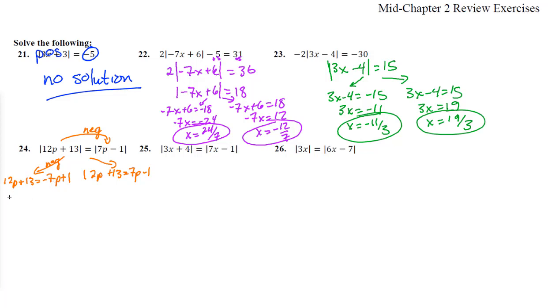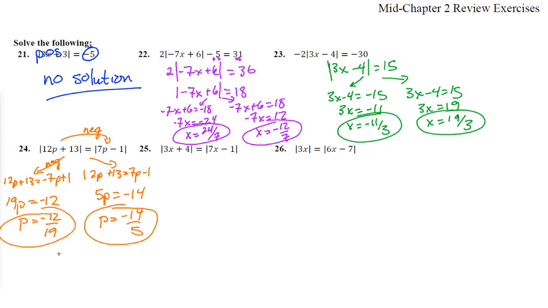So add 7p and you get 19p. Subtract 13 and you get a negative 12. p equals negative 12 19ths. Over here, if you subtract 7p, you get 5p, and subtract 13 equals a negative 14. Divide by 5 and you get p equals negative 14 fifths. So p is negative 14 fifths and p is negative 12 19ths, so those are the answers for 24. All right, number